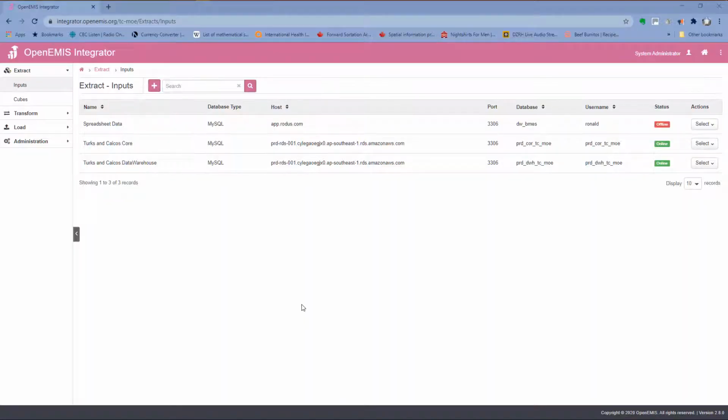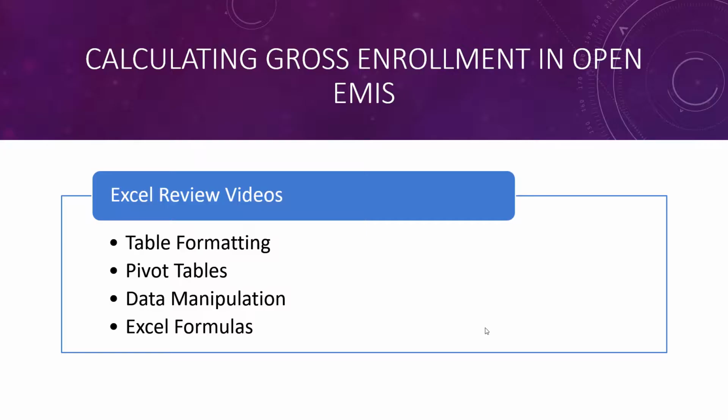So the purpose of this video is to demonstrate how to calculate ESP indicators that have to do with student status, such as gross enrollment, net enrollment, withdrawals, etc. So in order to calculate student performance from data downloaded from OpenEMIS, we have to apply a couple